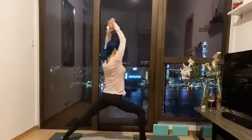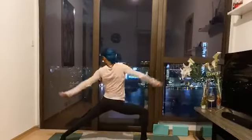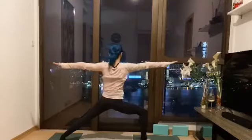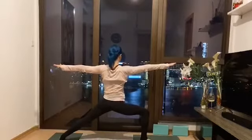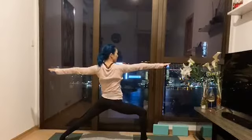And 1. Find your warrior 2 by spinning your right heel down. Left knee 90 degrees, right heel pressing down, spread your arms. If your spine isn't moving forward, bring it all the way right above your hips. Push your right thigh back, left knee out. 2